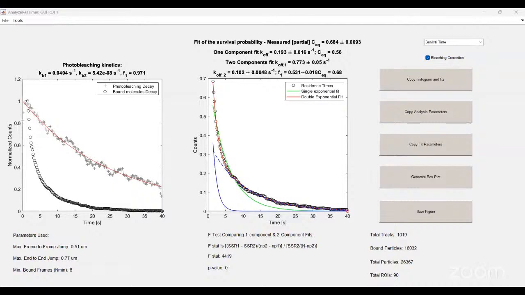These two blue lines represent the fitting for the individual components. So this is for one component and this is for the other component, and this red line represents the cumulative fitting of MATLAB, the final fitting of these two fittings. So this is the two components. The green line and red line are the single and double exponential fit. However, the blue lines are the fittings for the individual components, to show whether it is fitting to a single component properly or a double component properly.